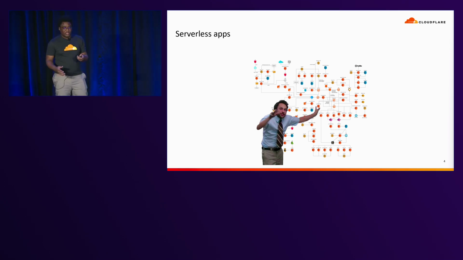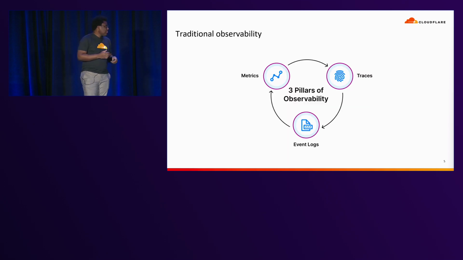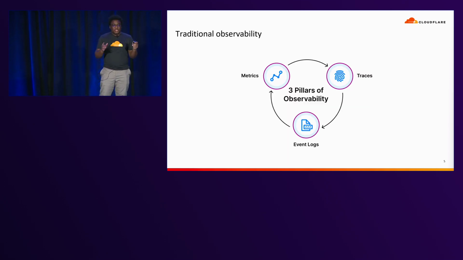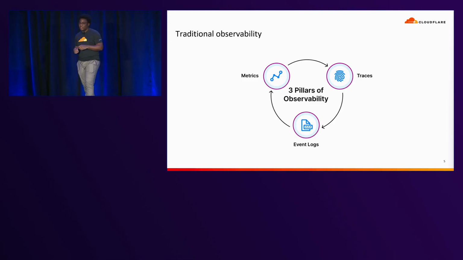It becomes extremely difficult, especially if you're relying on the existing tooling that has been around for, I don't know, Nagios has been around forever. In my software engineering career, that's forever. So those traditional methods rely on what a lot of people call the 3 pillars of observability, which are metrics, logs,